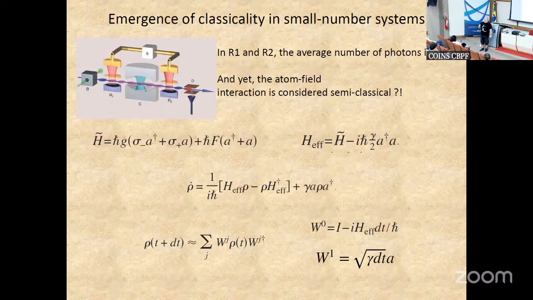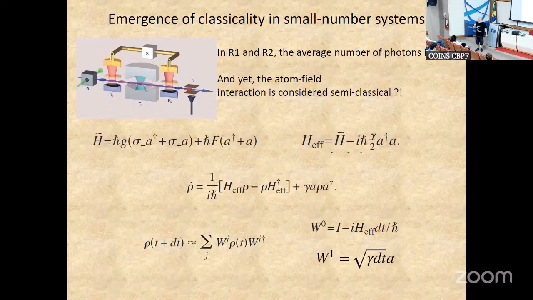Okay. However, the average number of photons inside the cavities R1 and R2 is 1. It's a coherent state with an average number of photons of 1. So this should entangle with my atom while it is rotating it. It should. Why doesn't it? If you talk to them, the explanation is, well, it's because this is a lossy cavity that is constantly pumped, and the photon doesn't stay long enough inside to entangle with the atom. But this is all said in words.